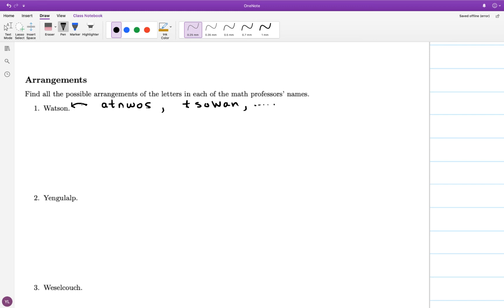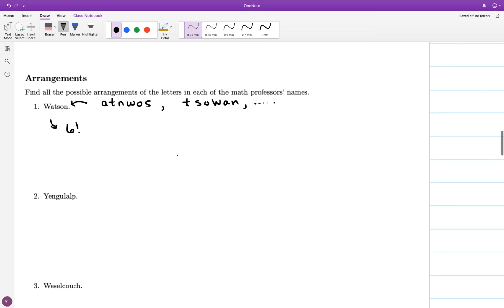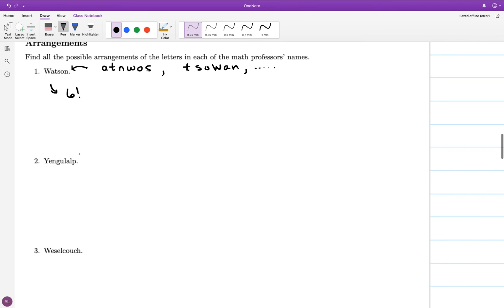What are the possible different ways that I can permute these letters? It's actually a permutation. The number of different ways is going to be 6 factorial. You've got 6 choices for the first letter, 5 choices for the second letter, 4, 3, 2, 1, and so on. There's 6 factorial. Okay, now let's move to my last name. I've got